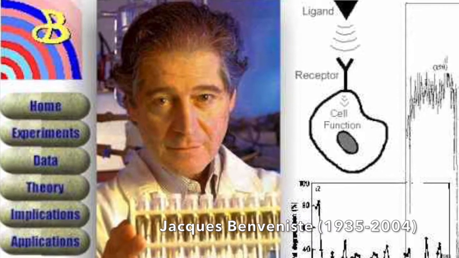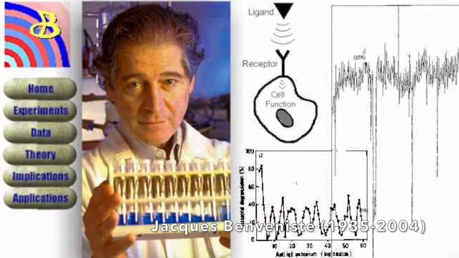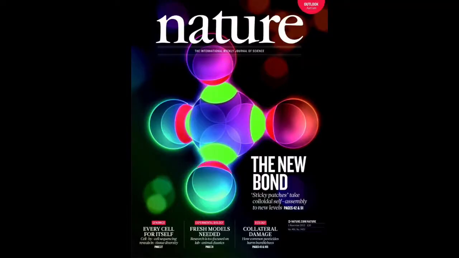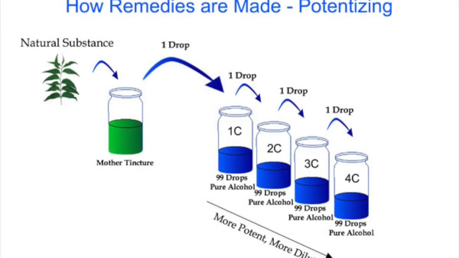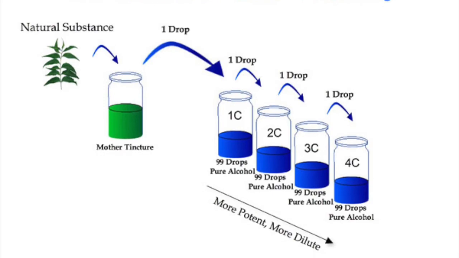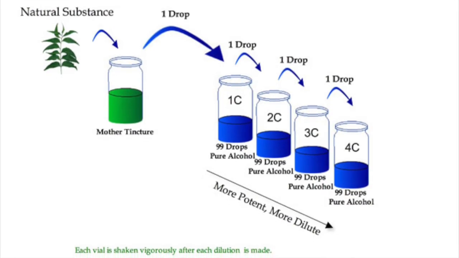This idea first came to the public stage in 1988 from Jacques Benveniste. The publication of his research in the journal Nature sparked controversy. The research was based on performing serial dilutions of a solution containing antibodies until there was high improbability that antibodies